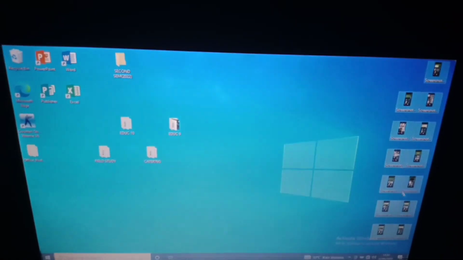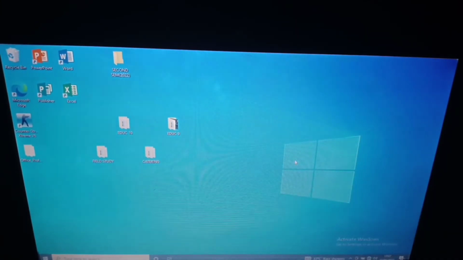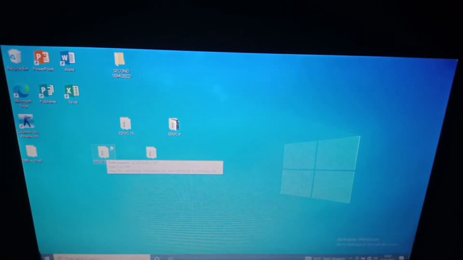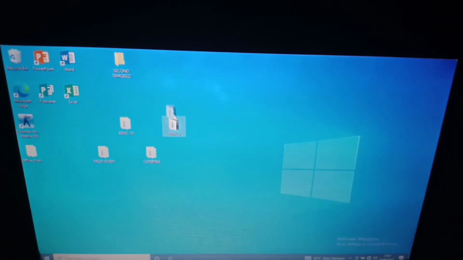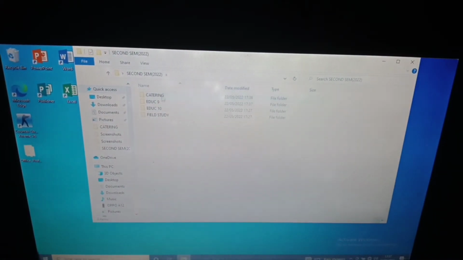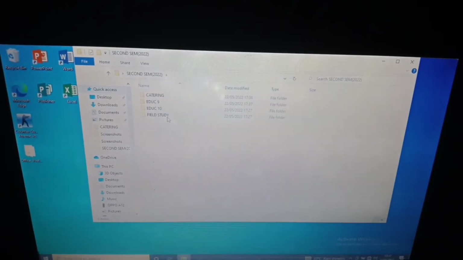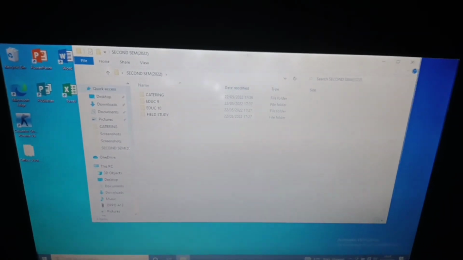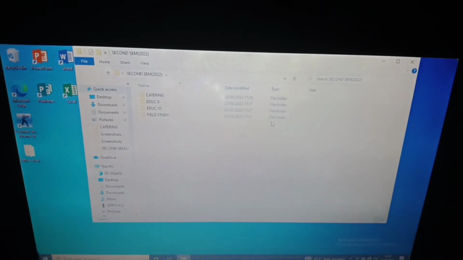Then I'm going to remove this one, and for this folder I'm going to organize this also under the second sem folder to have more organized. And here, if you find your files, it is already organized. So that's it, a very simple demonstration on how to organize your computer files or anything files,